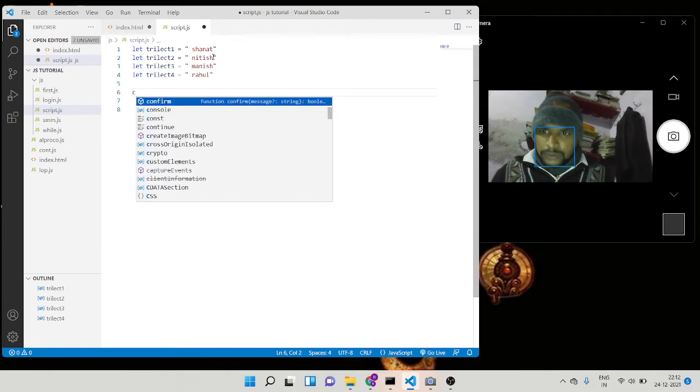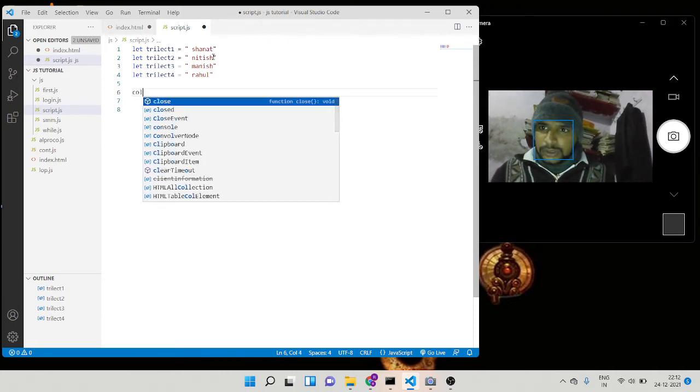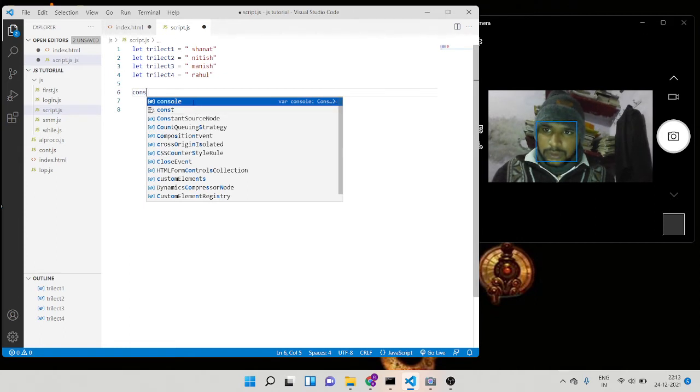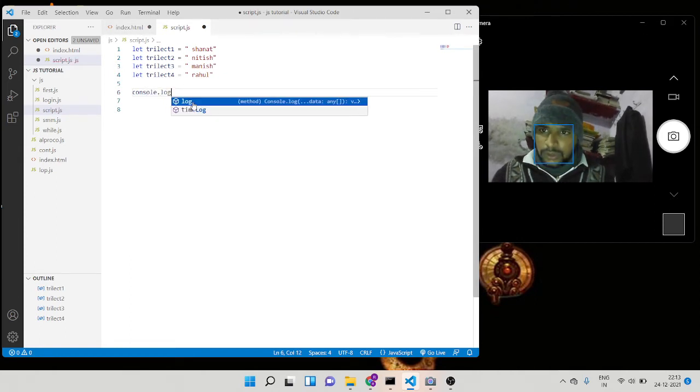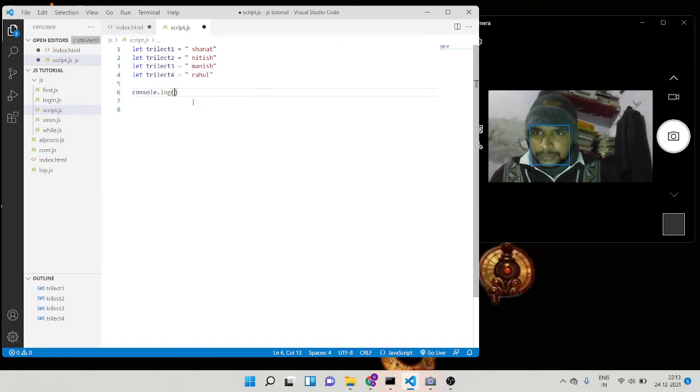So what is the use of the array in JavaScript? First of all, create again console dot log, and mention the one variable.